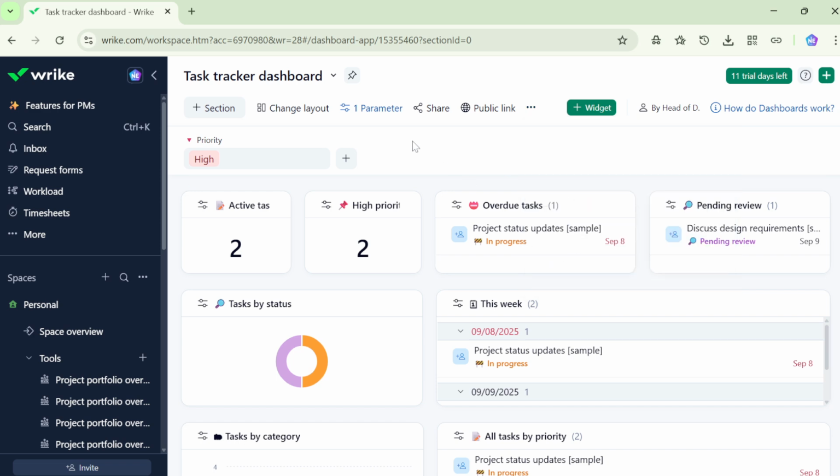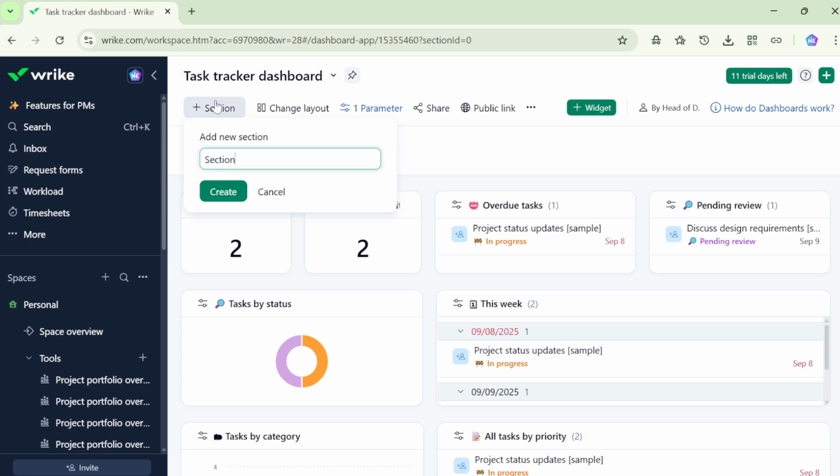You've successfully created a custom dashboard in Wrike. With this setup, you'll have a clear, organized view of your work and your team's